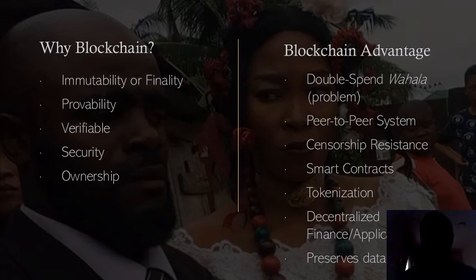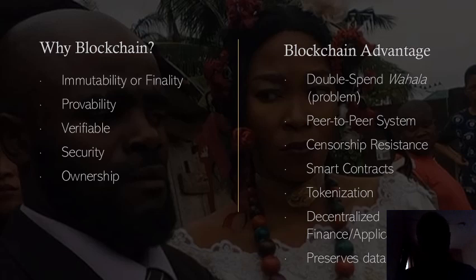Now, the advantage of this over a centralized database: I'm actually a database administrator, so I can easily go to the back end of the database and edit anything I want and cover my tracks. Nobody will know, nobody will notice. Now, with a blockchain, that is impossible. You cannot do that. Once information enters the blockchain, it is there. That's why we call it finality. It has entered there, and more blocks have been created on top of it.